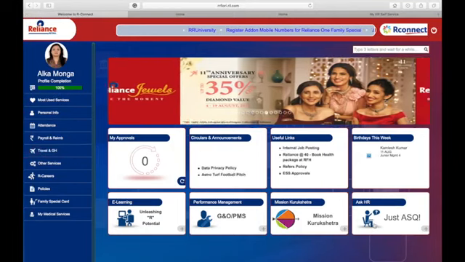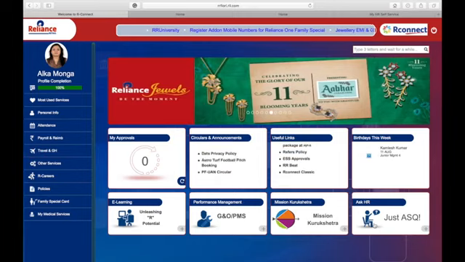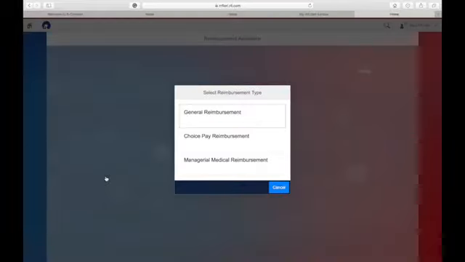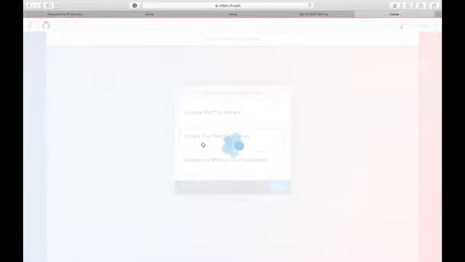Once the choice pay updation gets approved, then to update the bills, you have to go on payroll. You have to click reimbursements. You have to select choice pay reimbursements.